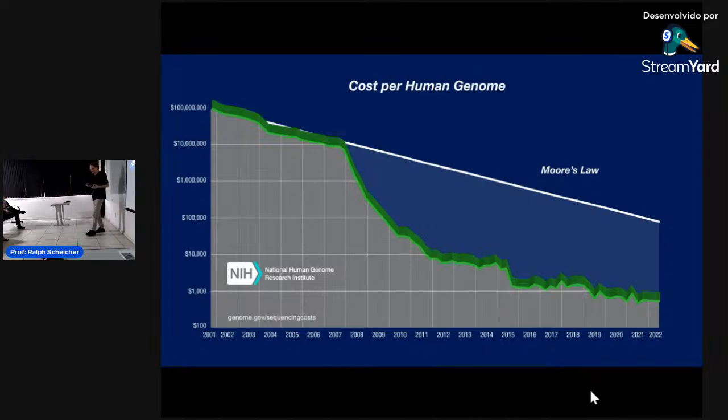But then, as with any kind of technology, humans are always trying to improve the technology, make it more efficient, make it faster, make it cheaper. And DNA sequencing is no exception. So you see here how the cost of sequencing these 3 billion bases of the human genome has dropped as